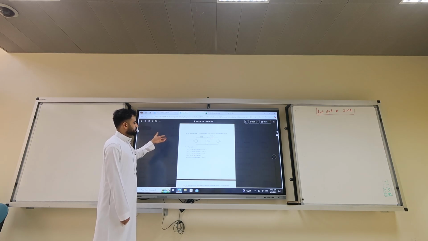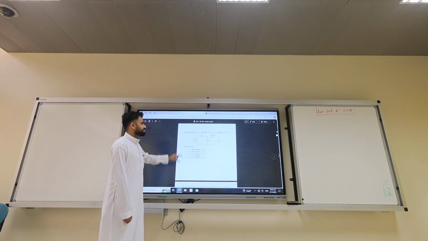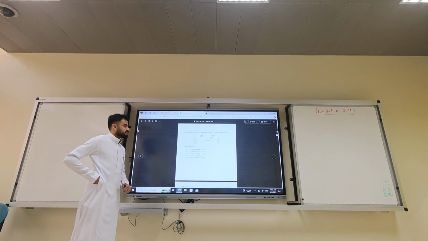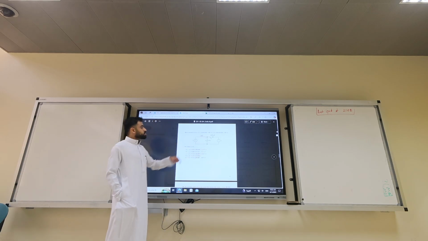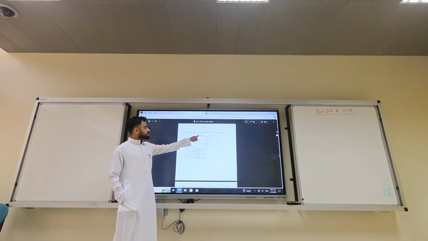Mesh, yes. Mesh is better, huh? Can you say source transformation? Not really. Source transformation works if you have 3 or 4 loops. If you do source transformation, this will be a voltage source and